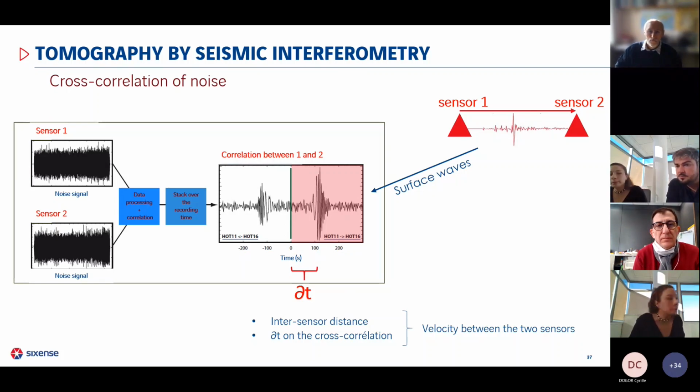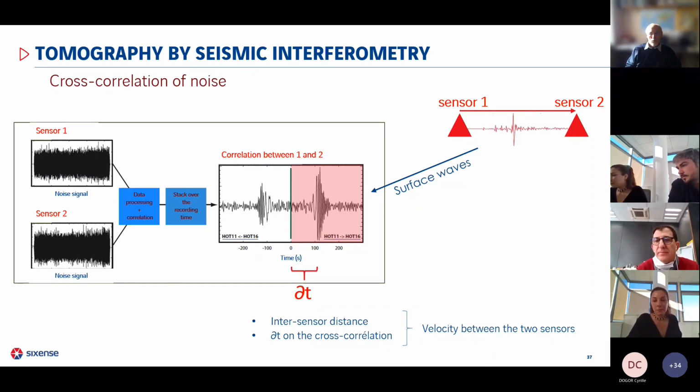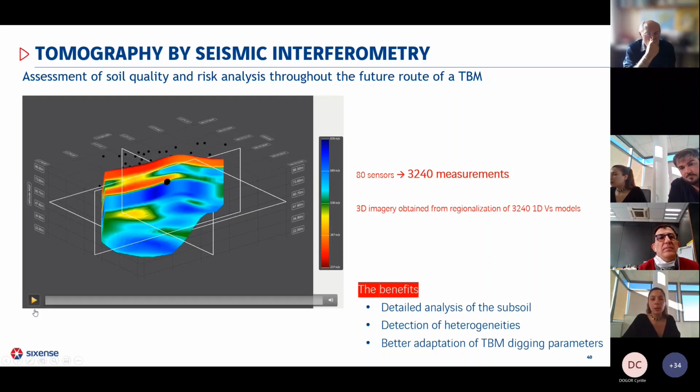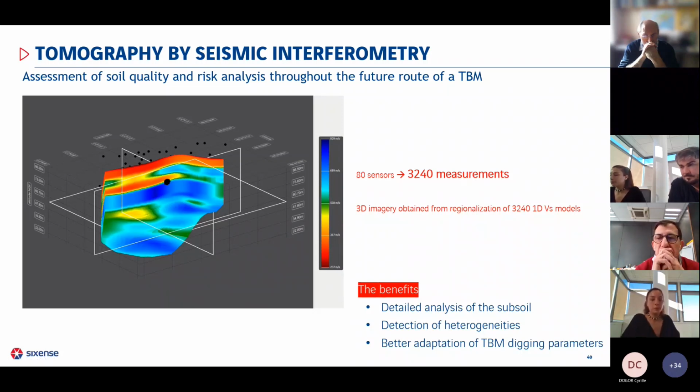Okay, did you get good results in case of velocity inversions? Oh, I think I did answer this question. And maybe you can show the 3D model. Yes, here. As I said earlier, for this project we had a misfit of an average of about 8%, if I remember well, for all of the measurements in each grid. And again, it does not change the interpretation. An 8% error on the velocity measurements would not change the interpretation.